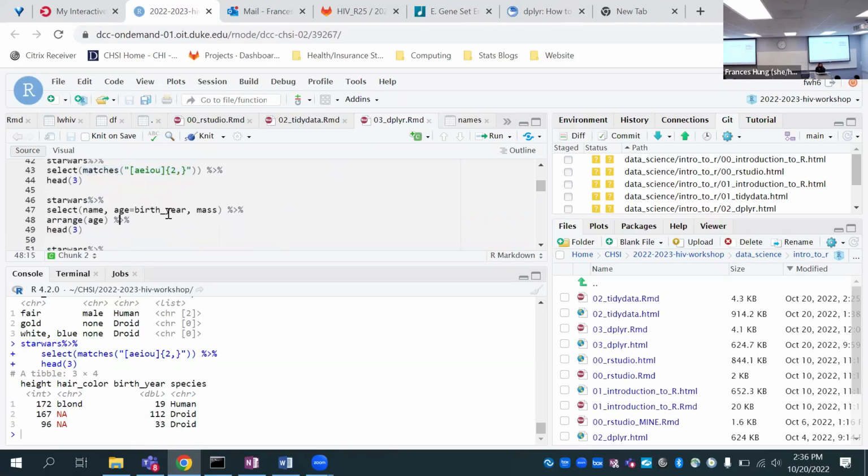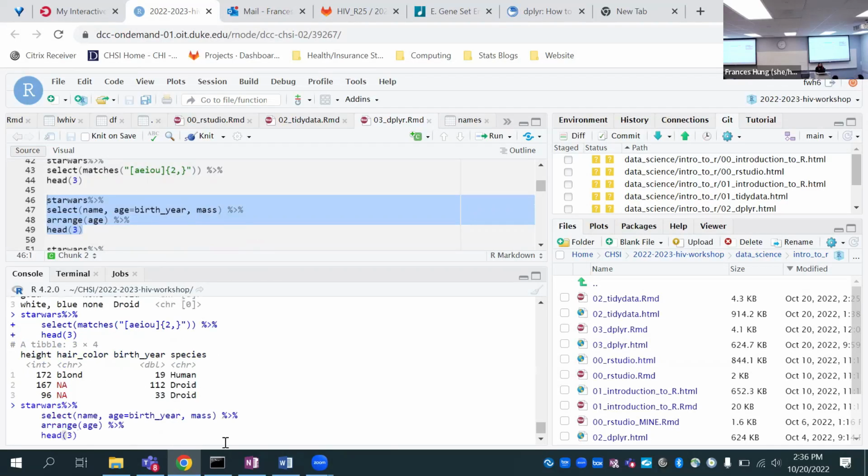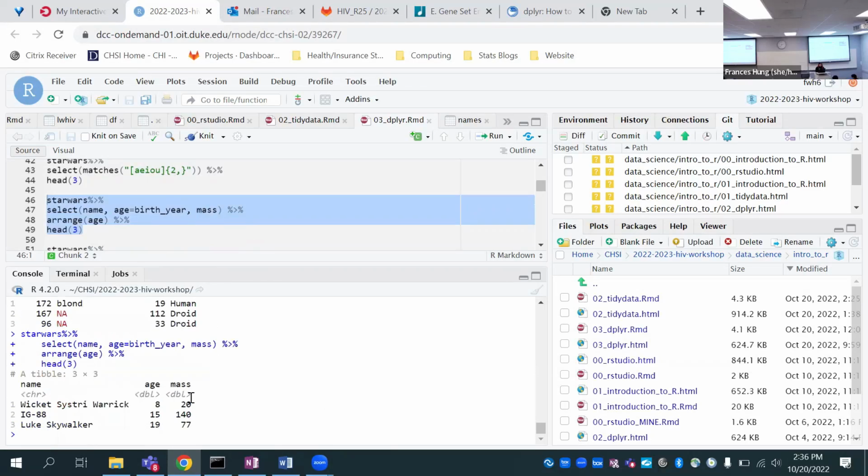Okay, so we can also do things like arrange data frames and sort them. In this case, we look at Star Wars name, age, and mass, and we arrange in, I think, yeah, increasing order of age. So we have the youngest Star Wars character first and the oldest last.